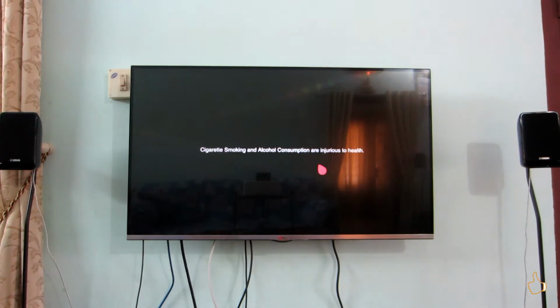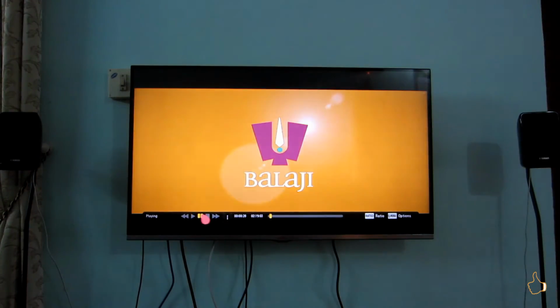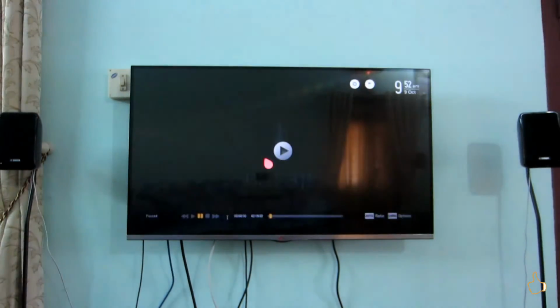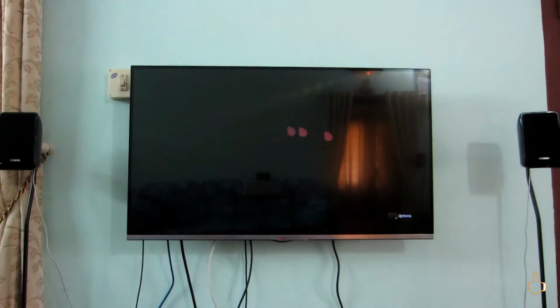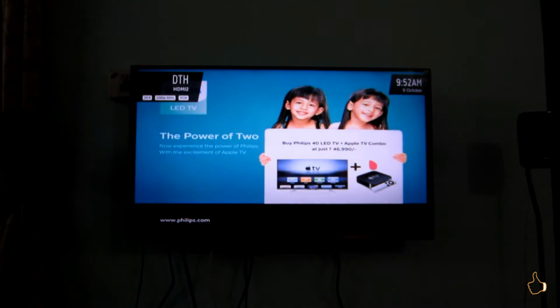But this particular application is not static, it will buffer in the background. For example, if you just kept this application on, and then you go watch TV or something, and come back to it after 1 or 2 minutes, in that time it will actually buffer that video in the TV memory. So that's a very promising thing.